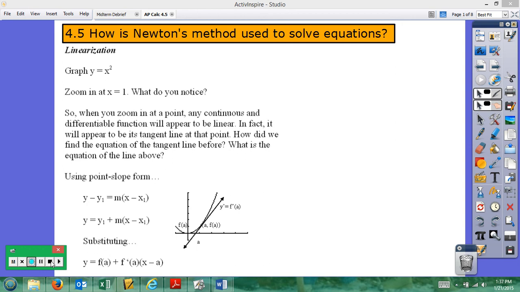So on the screen here it says graph y equals x squared. You can take a moment to do that. Zoom in at x equals 1. What do you notice? Now, we did this the first day of school, and what you should notice is that that curve becomes linear. We call that local linearity. Any function that is continuous and differentiable, nice and smooth, when you zoom in, you should get what appears